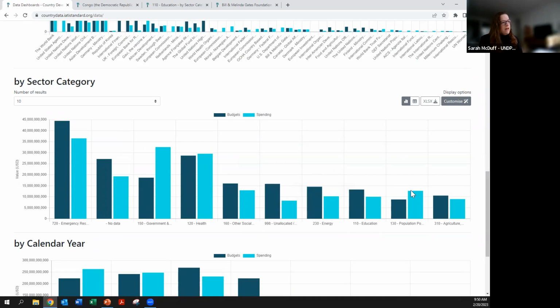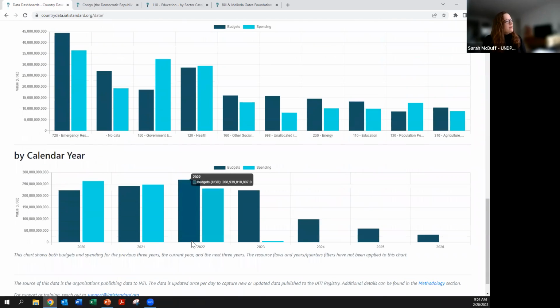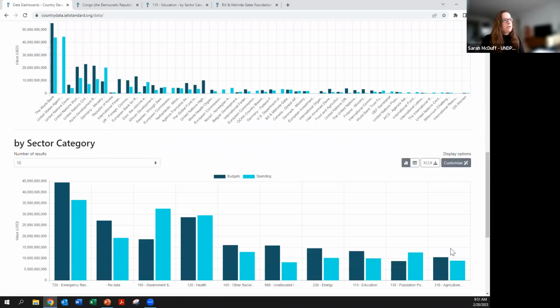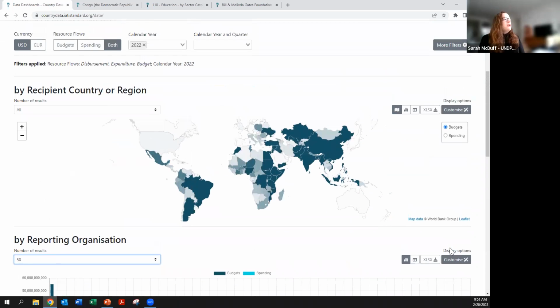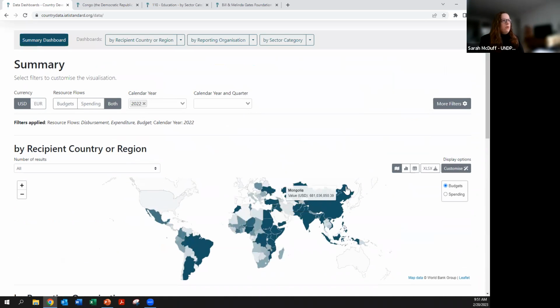This is sector category. So you can see, it looks like the most money was spent in emergency response. And you have a summary by calendar year here of budgets and spending. So this also shows you the forward-looking budgets, which is a key set of information that is typically needed by governments. So just to quickly show you how you can customize these visualizations,